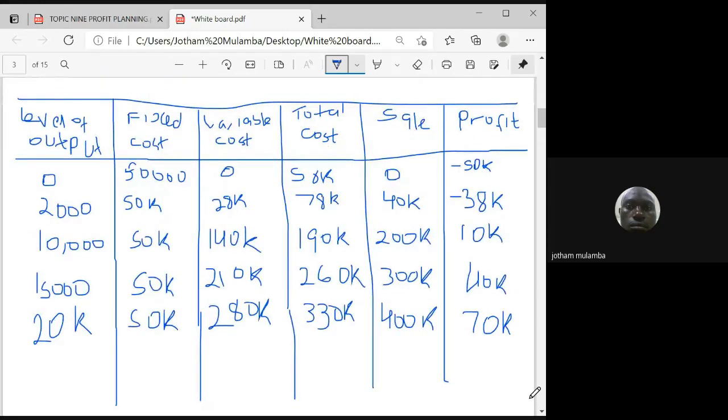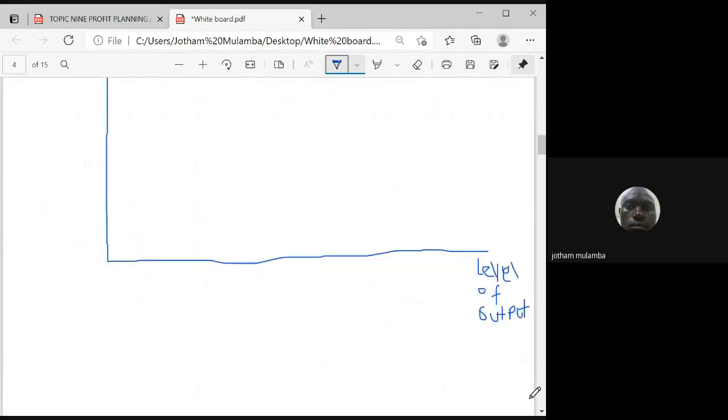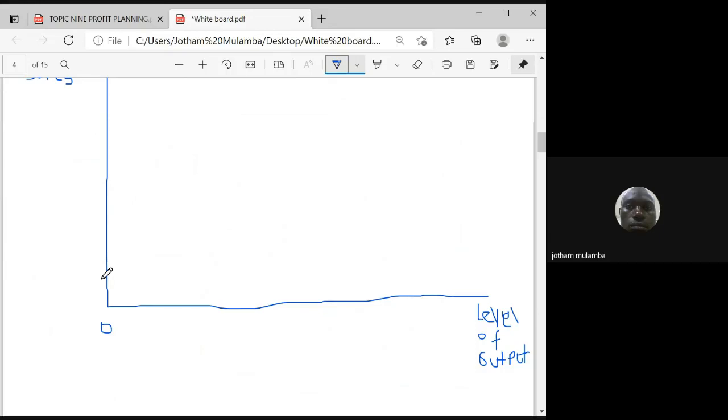On the level of output, the maximum is 20,000. I'll suggest we split it into 2,000, 2,000, so that we have at least 10 lines. Now, if you are using square ruled, you can count 2 boxes and indicate there 2,000, 2 boxes, 2,000. So you'll have this way 1, 2, 4, 5, 6, 8, 9, 10, 11. So I have here 2,000,